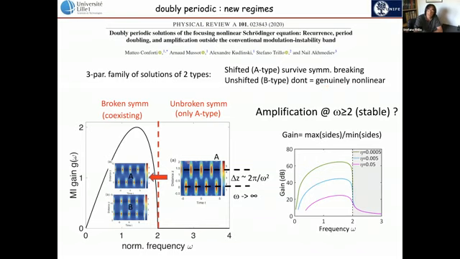Okay. So the next question was: since the A-type, the shifted type, exists also outside the modulation instability band, can we measure some amplification? If we are working with omega larger than 2 in the stable region, can we measure some amplification? Now, if you go back to the linear stability analysis, of course, the answer is no. But if you define the gain as the peak of the sidebands divided by the minimum of the sidebands along the evolution, so here is the minimum and here is the maximum,